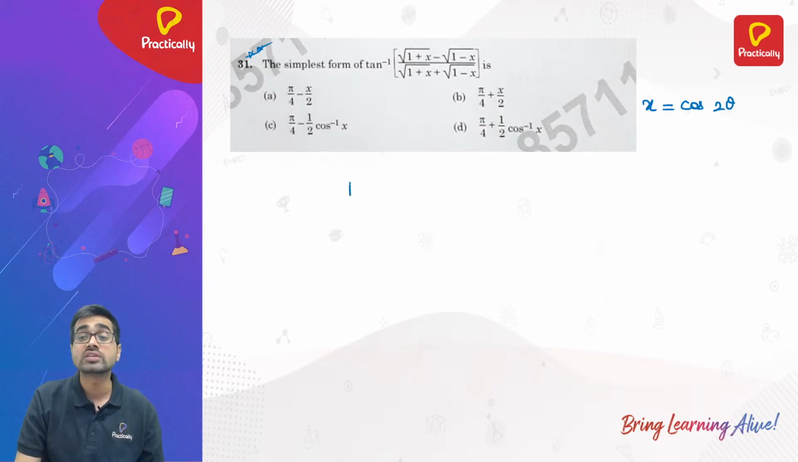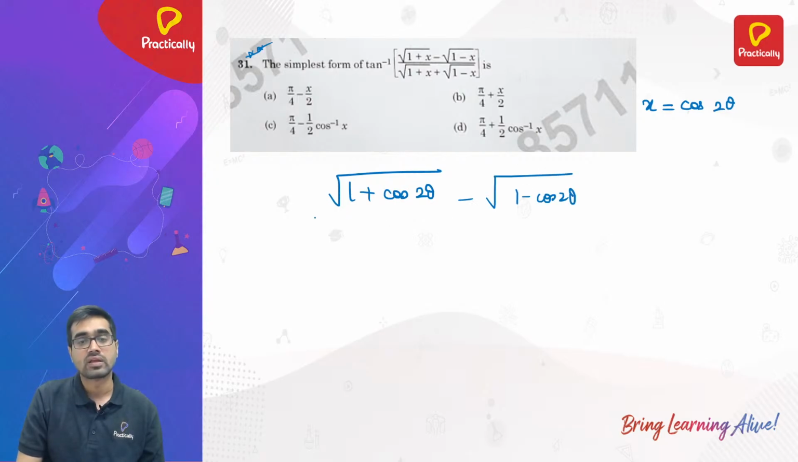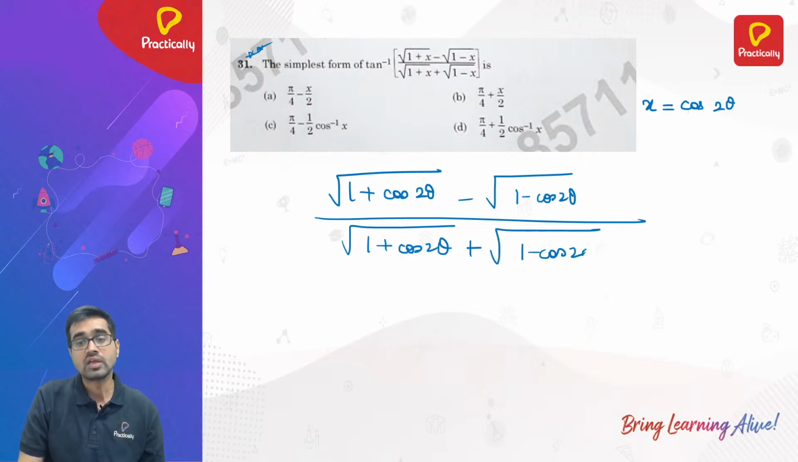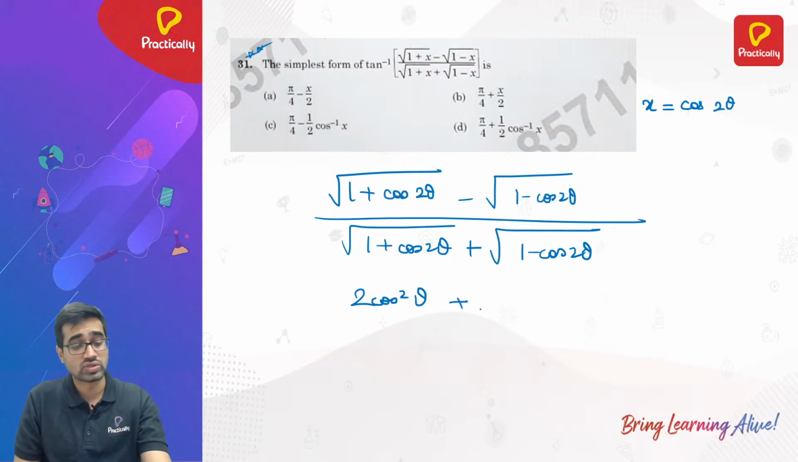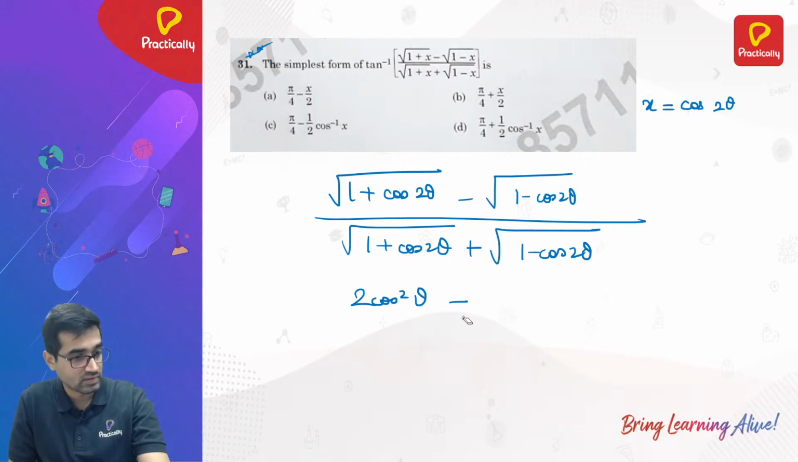How? Because it's a very special function. It solves this as well as it will solve this. So now what you get is this. 1 plus cos 2 theta is 2 cos square theta, and 1 minus cos 2 theta is